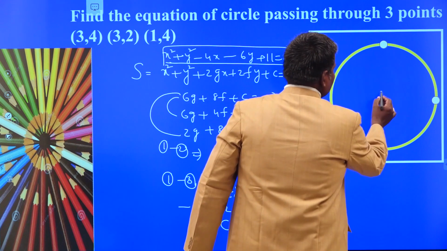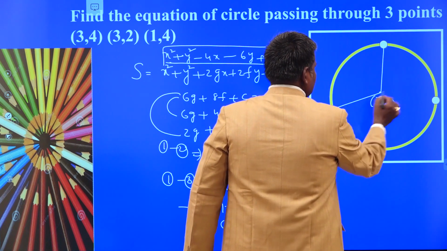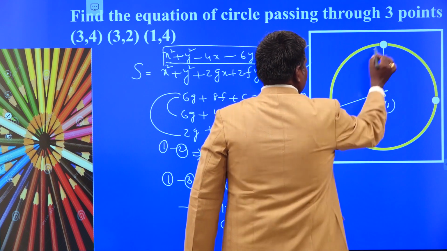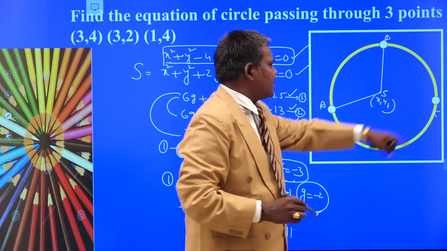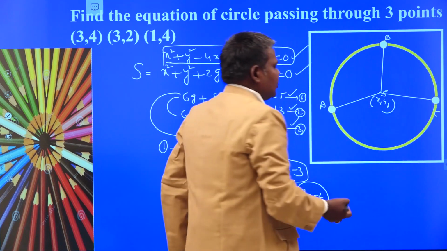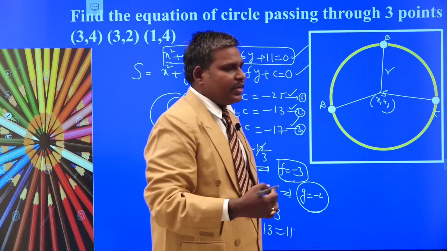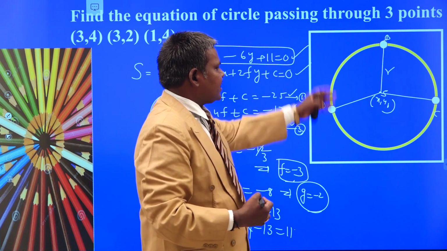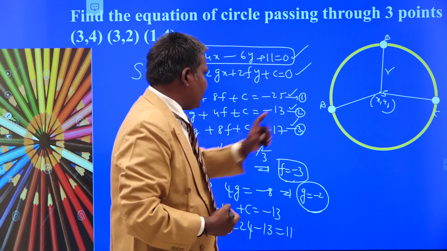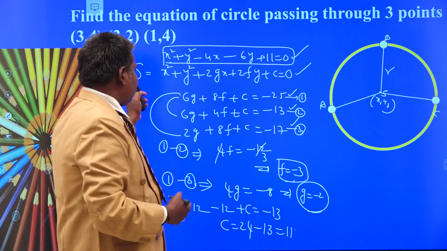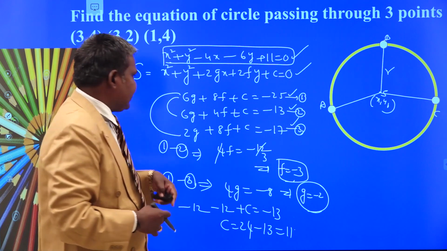Alternative method is what? You have to choose x1 comma y1 as the center of the circle. Make any two distances, say from the point S. This is A, this is B, this is C. Make SA equal to SB, we get one equation. SB equal to SC, we get another equation. Solve those two equations, we get x1, y1. From that, you calculate the radius r by finding either SA or SB or SC. After getting center and radius, write the equation of the circle. This is the method. Understand? Alternative method. This is the general method. I think you have to use this method to obtain the solution directly or neatly.